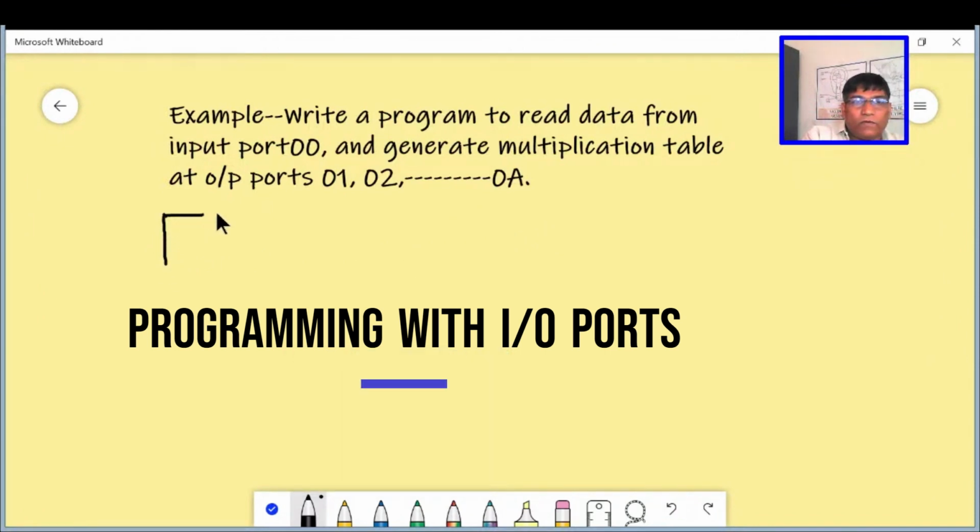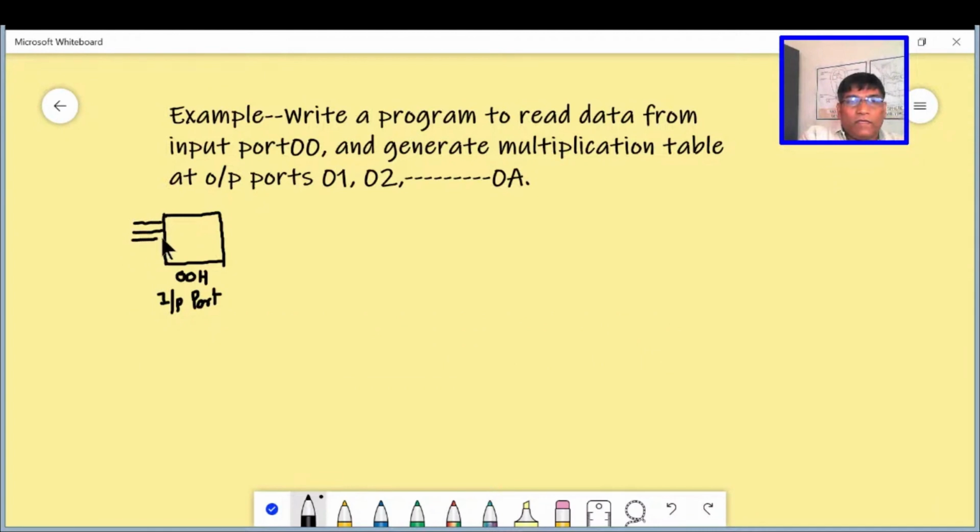Say this is our input port having address as 00H. This input port will be having all 8 data lines, 1, 2, 3, 4, 5, 6, 7 and 8, so that we can feed the data.